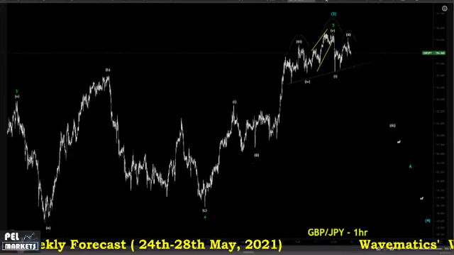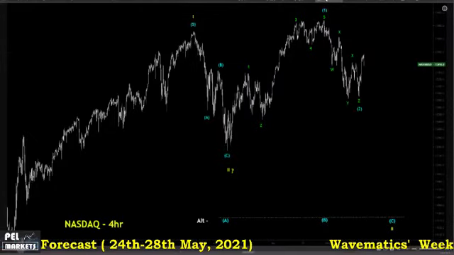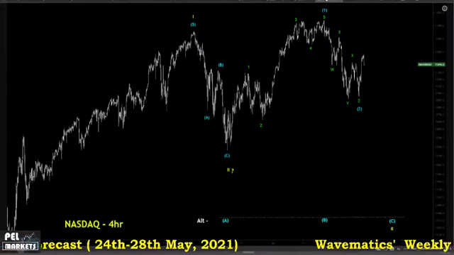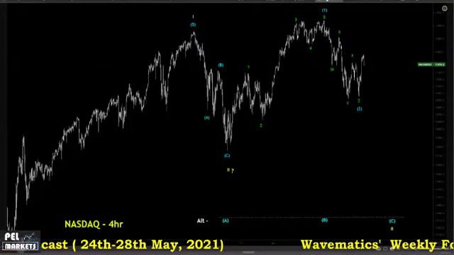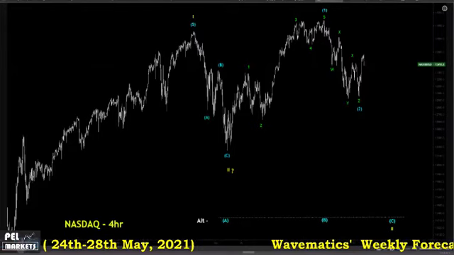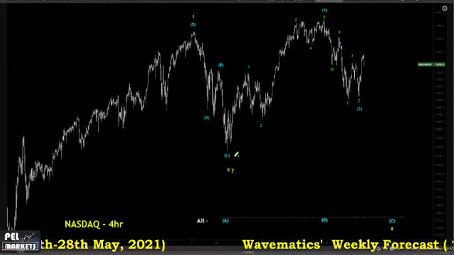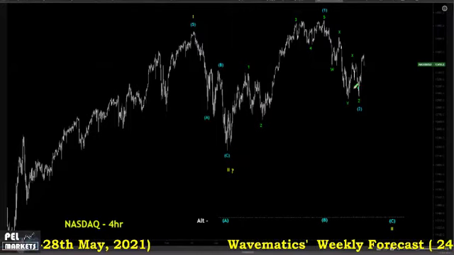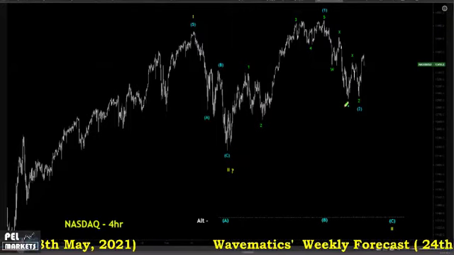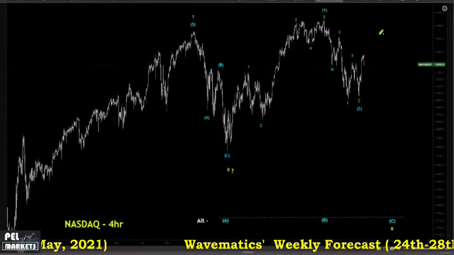If we go to the Nasdaq, last week we did discuss Nasdaq. Today we are not going to the weekly or the daily time frame; if you want the count, you can refer to last week's video. On the 4-hour time frame, this is what we are looking at. Last week we had a wave 1 and we were looking for wave 2. Last week we had our wave 2 here. So we were looking for price to move up, but with this particular